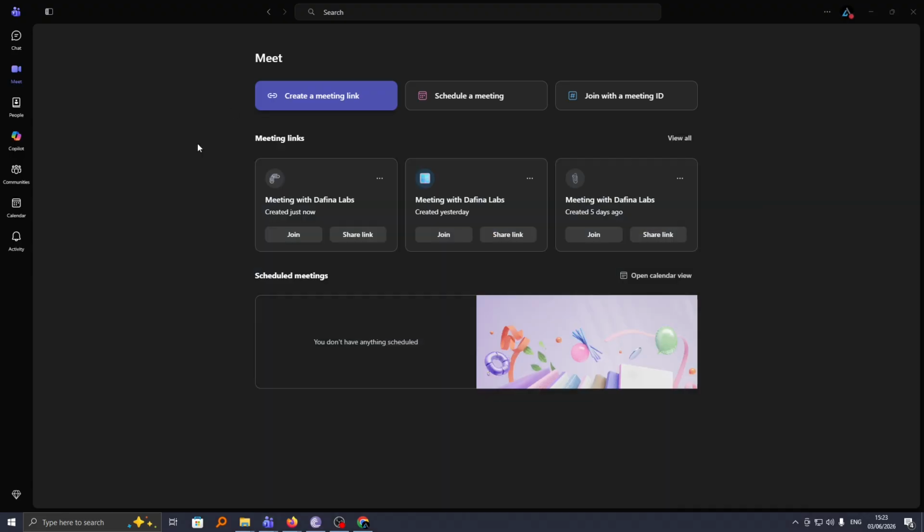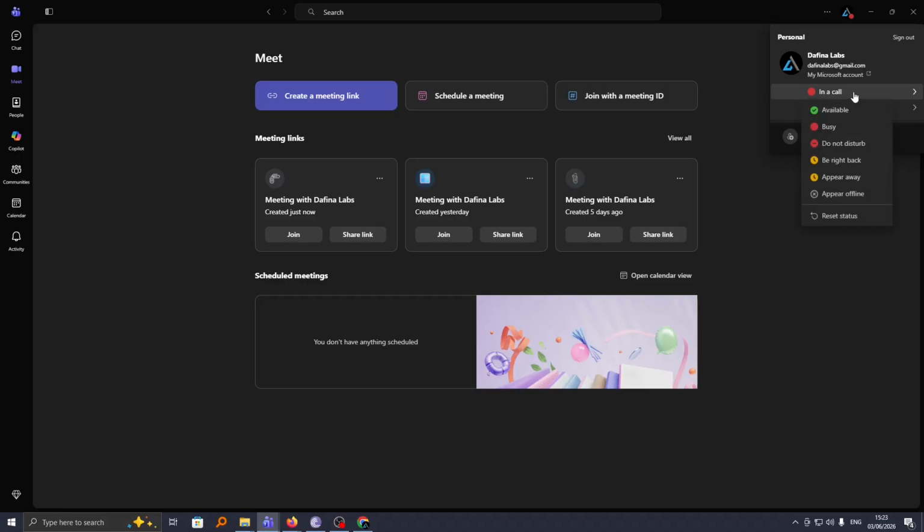Now you need to go to your main account. Under your account name, you should see the current status here. Currently, I'm in this meeting, and if I click on it, you can see I'm told in call, which means I'm attending the meeting. If you just tap on this that is under your account, you can see we have